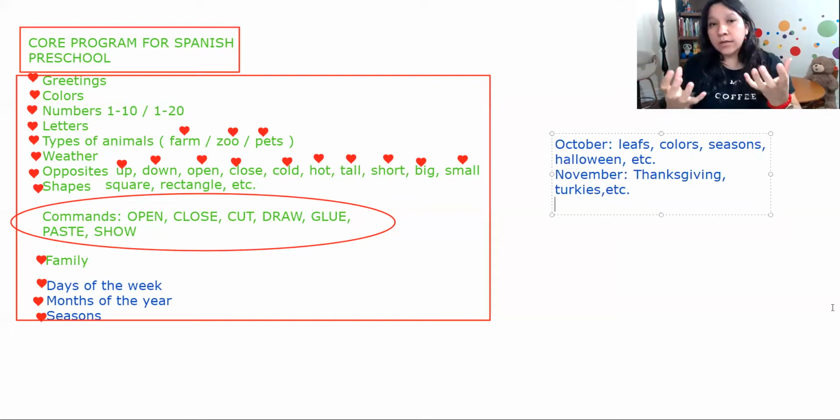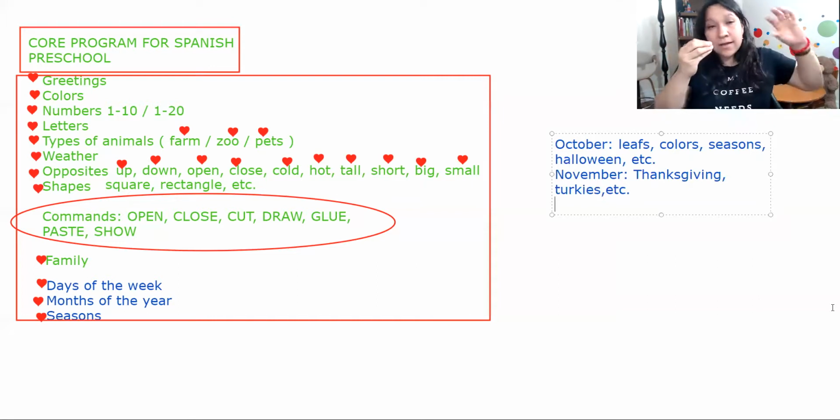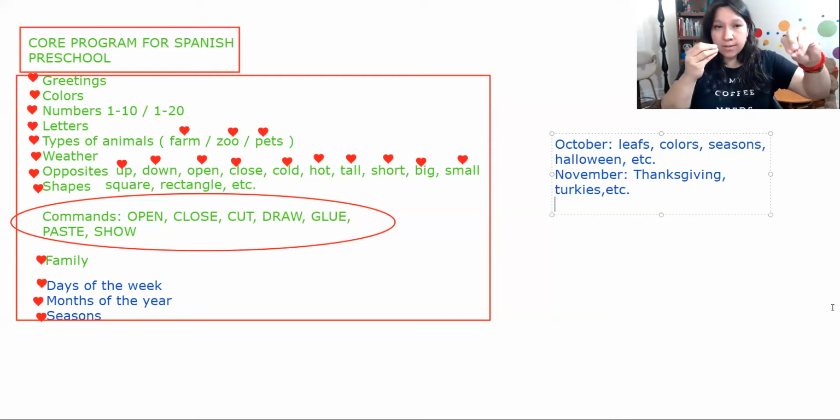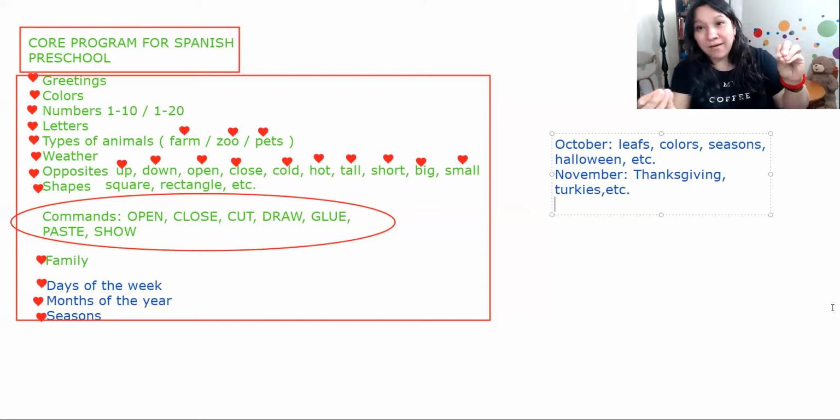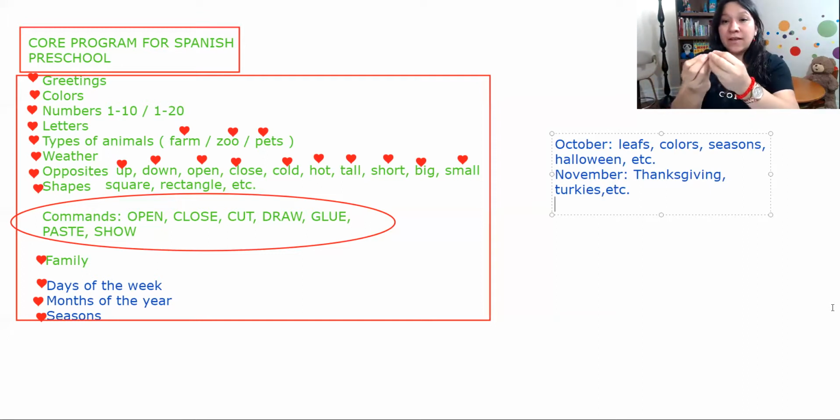And then when you are talking about that, then is when you attach all this core program. If you're, for example, teaching your child about Thanksgiving in Spanish, then what you do is with Thanksgiving, you start talking about animals, farm animals. And from the farm animal, you're going to take the turkey out, and then you put it in Thanksgiving. You're going to talk about the colors for the